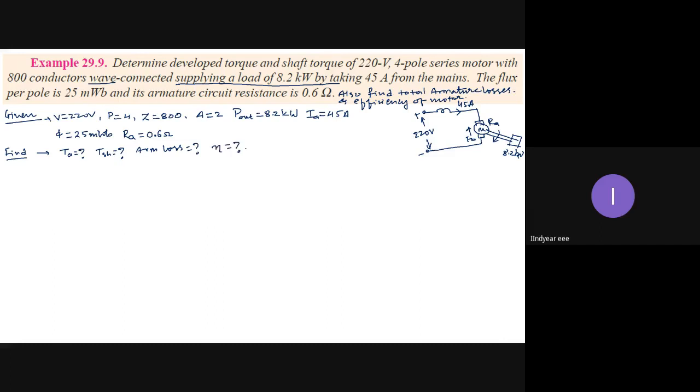I can't solve a separate example for each separate type of calculation. We will merge the things, so time will be less taken, and you can refer any number of times. The advantage of these online classes is you will get the lecture videos. You can refer any number of times, provided you wish to. That is the constraint.